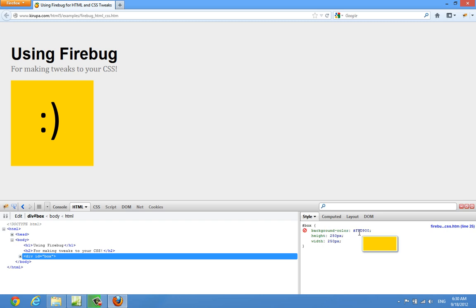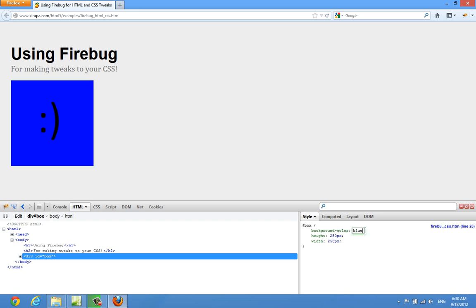I can actually change it. I can actually make tweaks to it to see what it could look like if I were to do some more changes. So for example, let's say that I'm not a huge fan of the yellow color. Let's make it blue. I'm just gonna go blue. And notice what happens. Immediately after I typed in a valid value for the background color property, the color changed